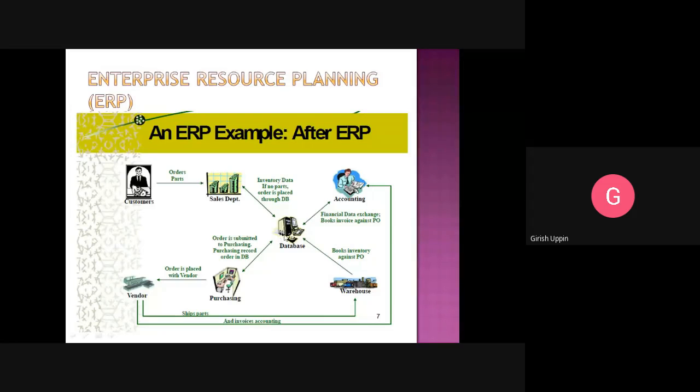Then once that purchase order is put in, the purchasing department will get that purchase order. Then the order is submitted to the purchasing record order in the database. So once they get the purchasing order, the purchase team will be responsible for fulfilling that purchase. Then once they get this information, they will place the order with the vendor. Once the vendor gets the order, the first thing he will do is send the invoice